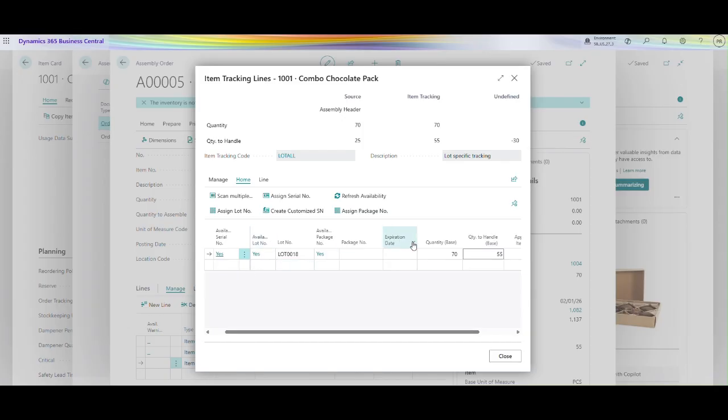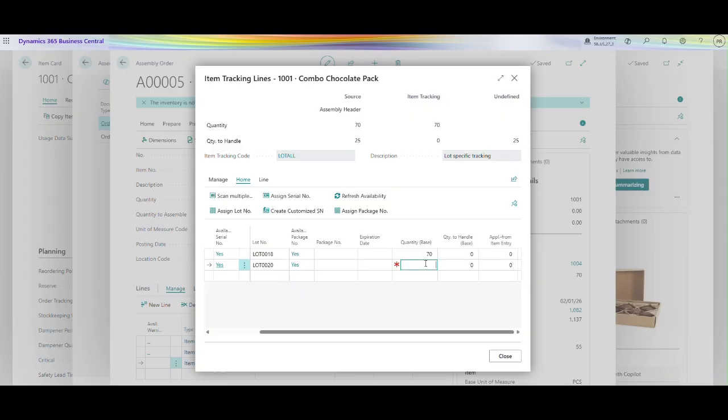So currently I am taking a different lot, and let me create the second lot, and here is the 55 quantity remaining, and from there I am taking the 25 quantity. Okay,